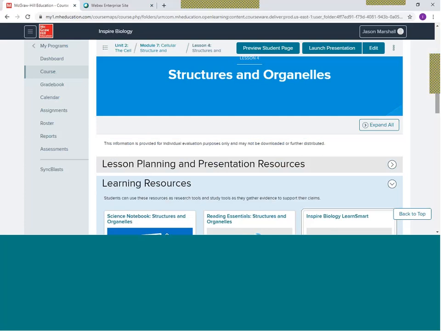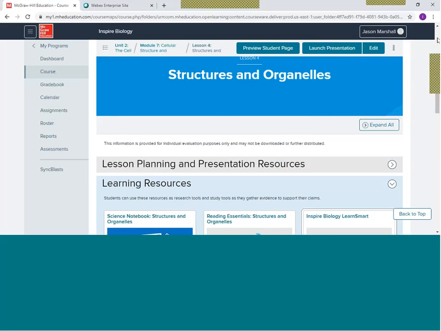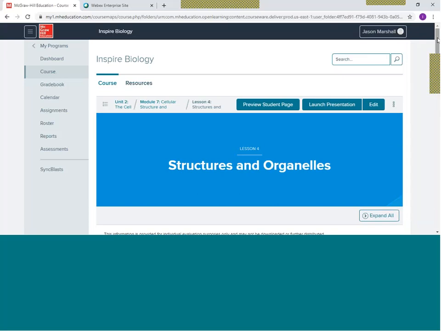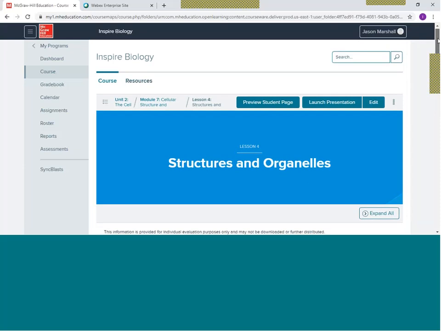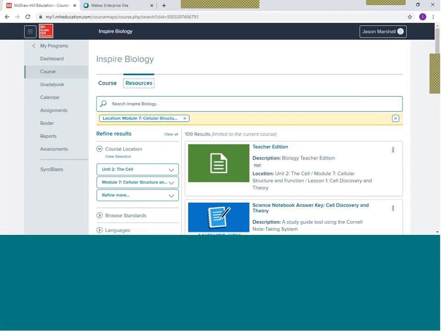So as a teacher, I've got a lot of tools in my toolbox at the high school level to be able to send to students in this remote learning environment, okay? Both print and digital resources. So we've perused finding resources here, a keyword search, and then filtering down into modules and lessons. And then we took a look at our digital